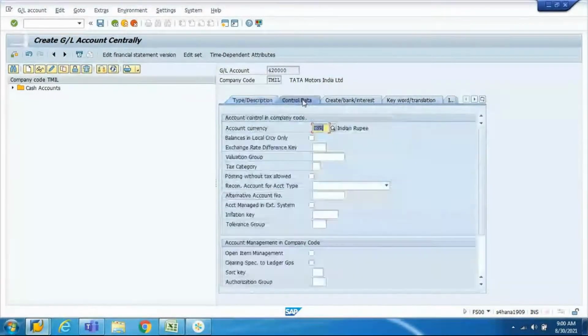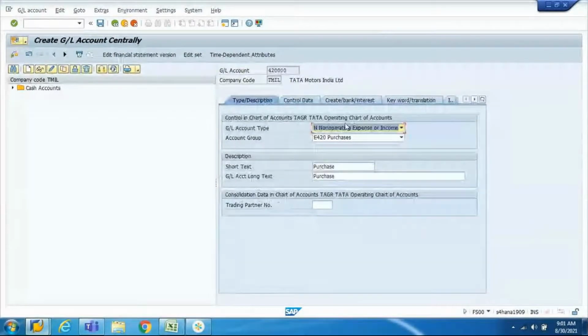If you go to control data, just look at the heading. What is this heading? Account control in company code. Now, is your cost element a control in company code or a control in controlling area? Is cost element part of FI or CO?